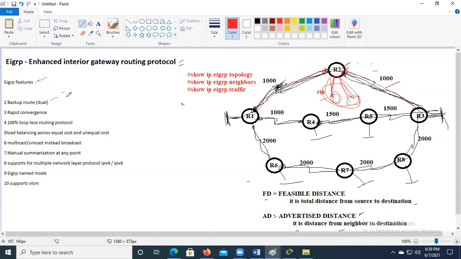EIGRP maintains backup routes in its topology table. Both the successor route and the feasible successor route are maintained. If the successor route fails, within a fraction of a second the feasible successor route will be selected as the best path to reach the destination.